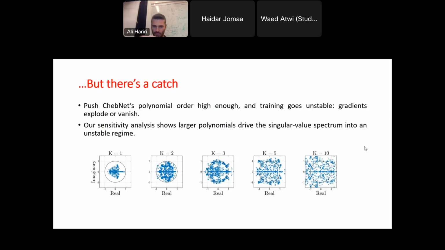What do the figures that I'm showing here mean? They show the spectrum of the Jacobian, the eigenvalues of the Jacobian. Remember the Jacobian matrix that I showed you in earlier slides, which is the sensitivity matrix of any node A to any node B. We want to maximize the Jacobian values. The figures I'm showing you now, for those of you who took control theory, tell us about the stability of the system.